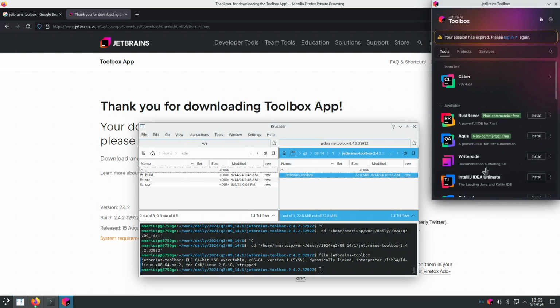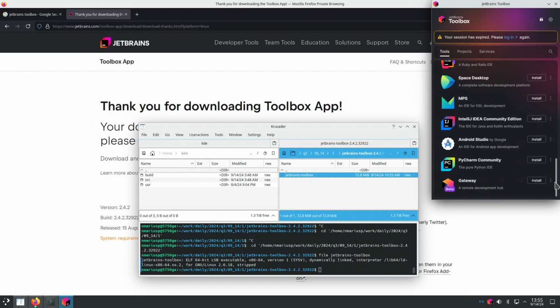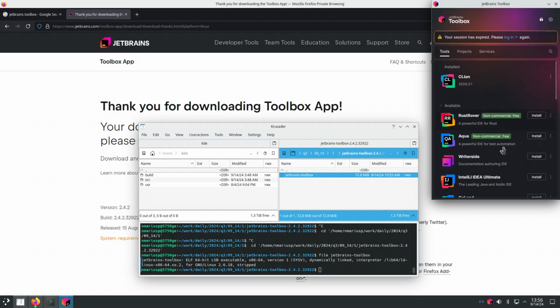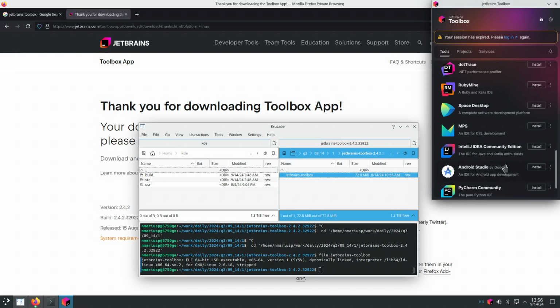The application has a tray icon, and its functionality is to list all of the possible applications that can be installed on your operating system, and then has an install button. So it's similar to an app store from JetBrains. The gratis applications that you can install from here are PyCharm Community for Python programming language, IntelliJ IDEA Community Edition for Java, Android Studio for Android applications,